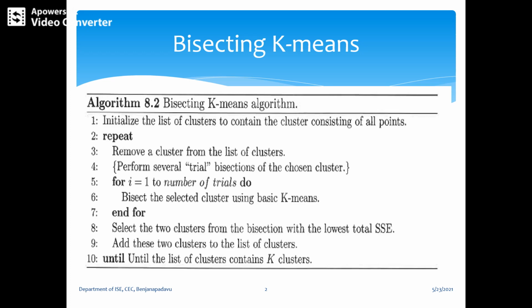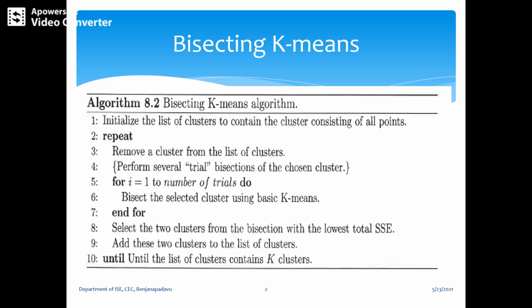This is necessary because although the k-means algorithm is guaranteed to find a clustering that represents a local minimum with respect to the sum of squared error, in bisecting k-means we are using the k-means algorithm locally to bisect individual clusters. Therefore, the final set of clusters does not represent a clustering that is a local minimum with respect to the total sum of squared error.